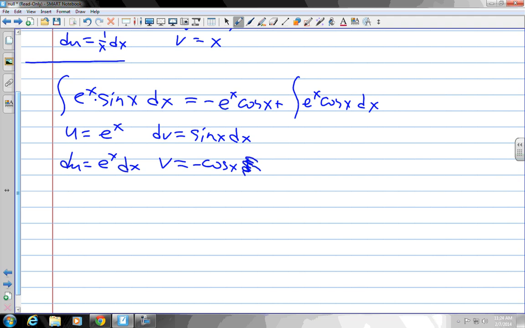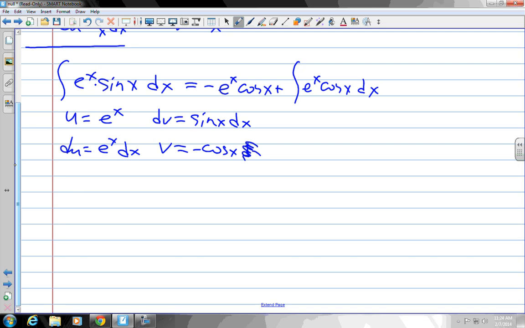That's what it seems to be. Because with these two functions, none of them will ever go away. You're always going to be stuck with a similar integral. Right? Do you recognize that? And if I keep going, for now the only option that I have is that integral, e to the x cosine x. Well, if I try that integral separately,